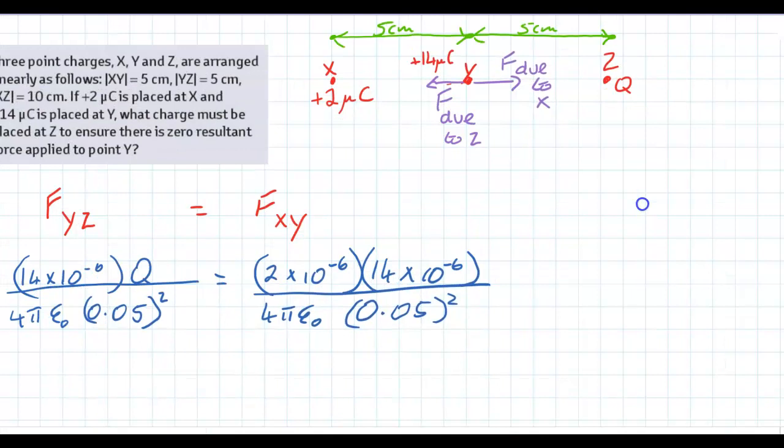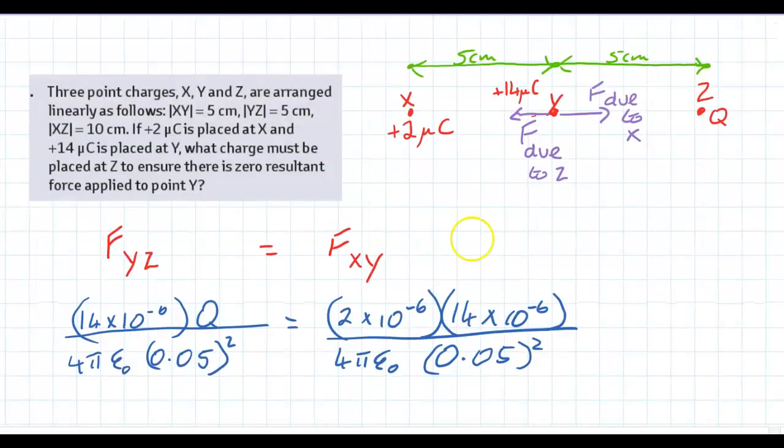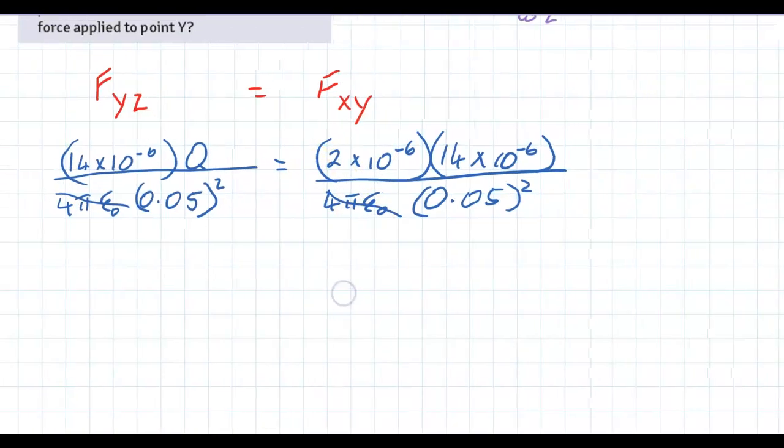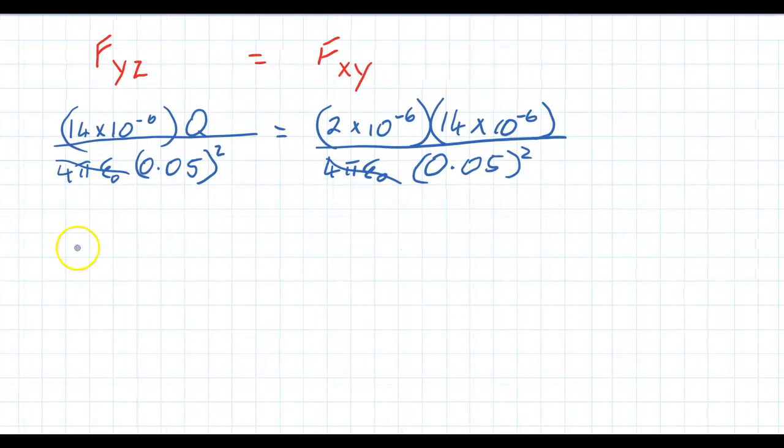Now, here's where you can make life a little bit easier for yourself. Because you have 4 pi epsilon naught on this side of the equation, and you have 4 pi epsilon naught on this side of the equation, and not only are they on either side, but they are both on the bottom of the fraction, and that's very important. So that means that this can be cancelled out with this. What in effect I'm doing here is multiplying this side by 4 pi epsilon naught, so that cancels that out, and then I multiply this side by 4 pi epsilon naught, and that cancels that out. That leaves me with a much simpler equation to solve. So 14